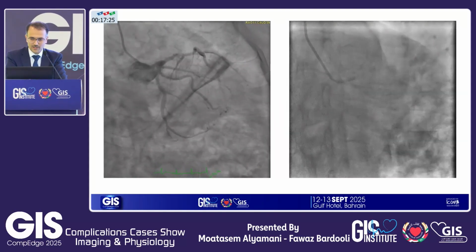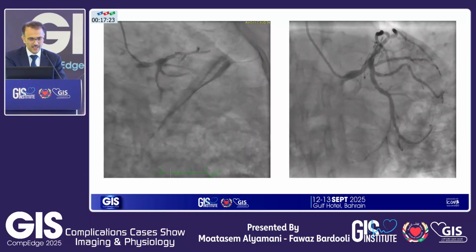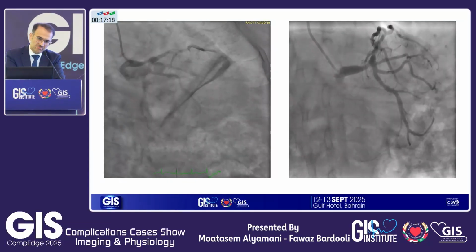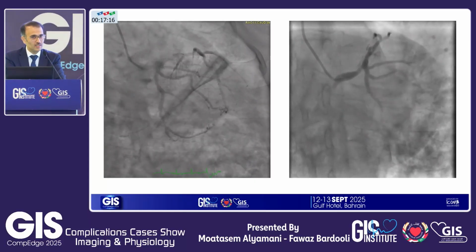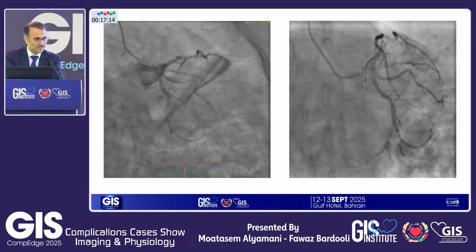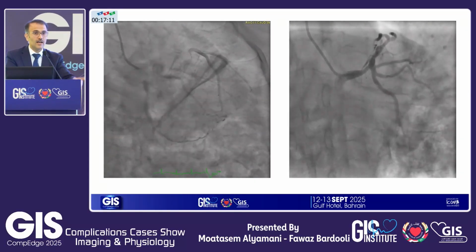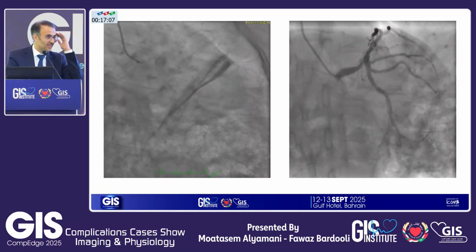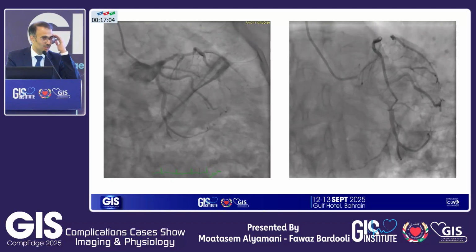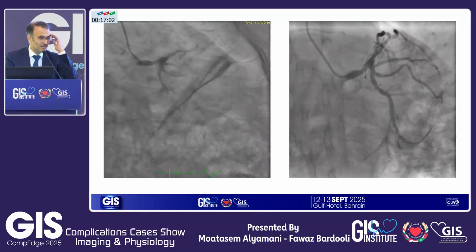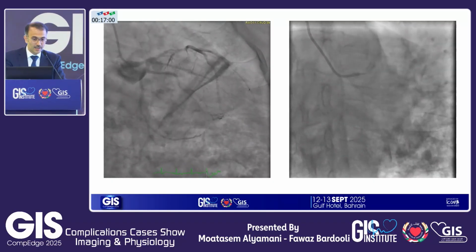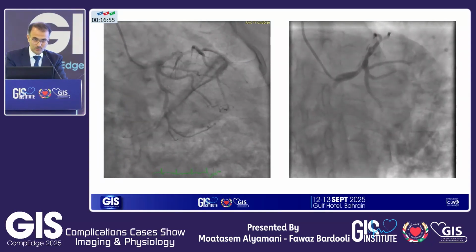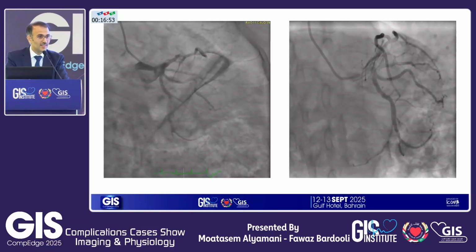So again, you have the caudal views. You've seen, again, the distal left main. I would call it 40%. I show this to Moatasem. Moatasem says, oh, I don't know, this looks like 60%. And again, back to the earlier stage, it depends on my cognitive. If I come with an idea that I want to fix left main today, I'm in the mode, I'm gonna go and fix the left main. If I feel no, the LAD is causing the disease, I'm gonna go more towards the LAD. Am I right? So anything else you want?